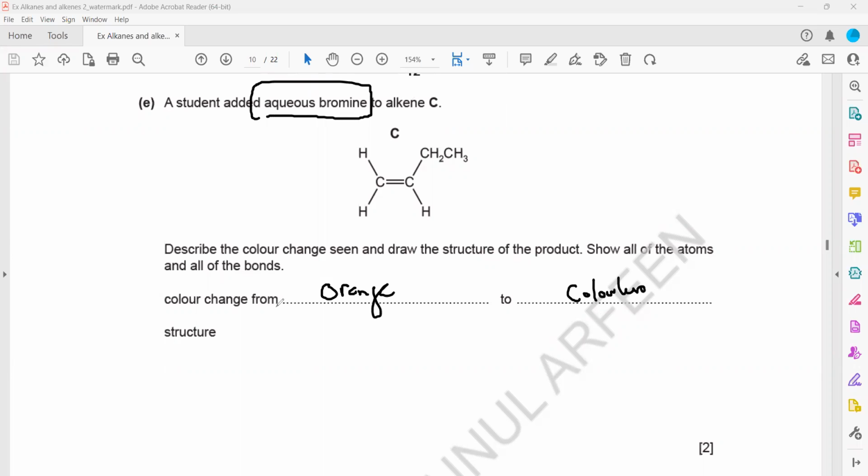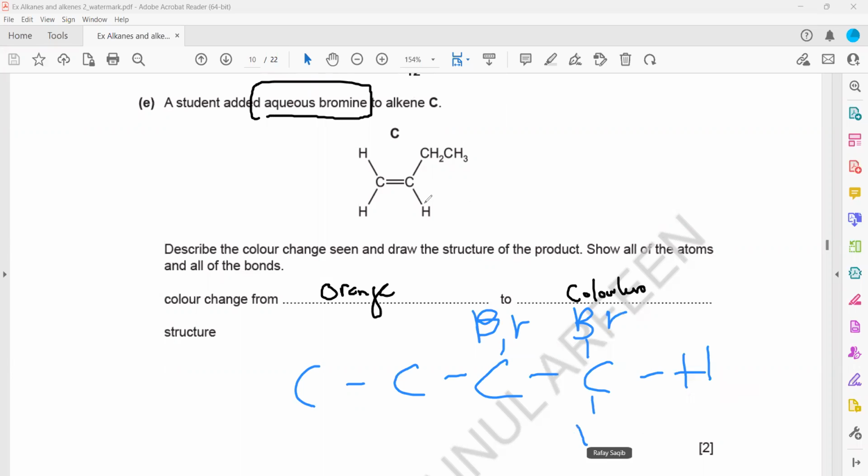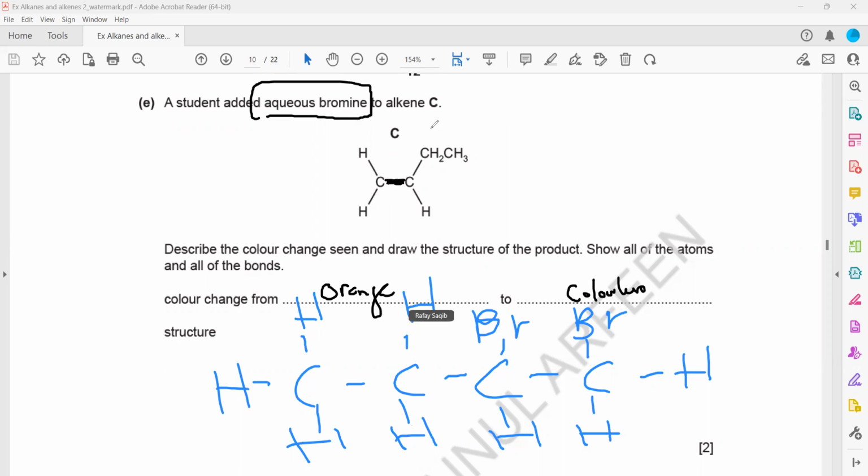Then we have to draw the structure of the product which is formed. The double bond will break; there are 4 carbon atoms. The simple way is to break the double bond. Better not to write yellow. Usually there is concentrated, too much bromine, so don't write yellow here. Better write orange. If it is dilute, yes, it can be yellow, but